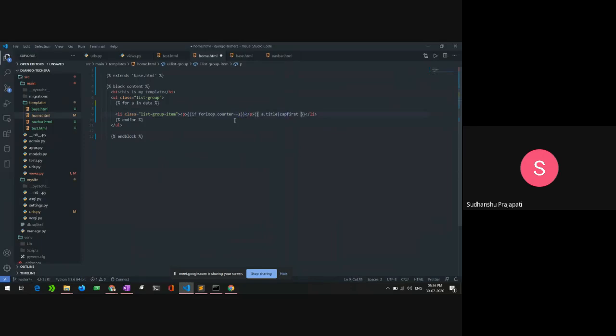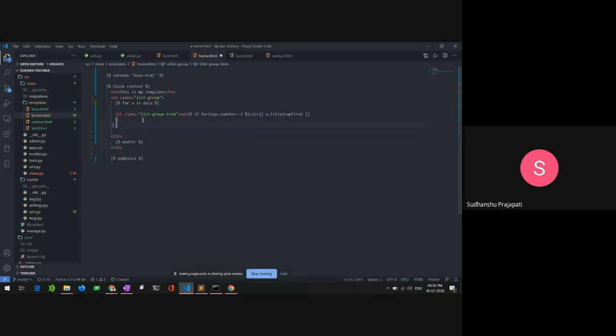it should give that, or otherwise it should write something else. I need to write this condition. If it is a condition, I need to include it in single curly braces with percentage signs on both sides.